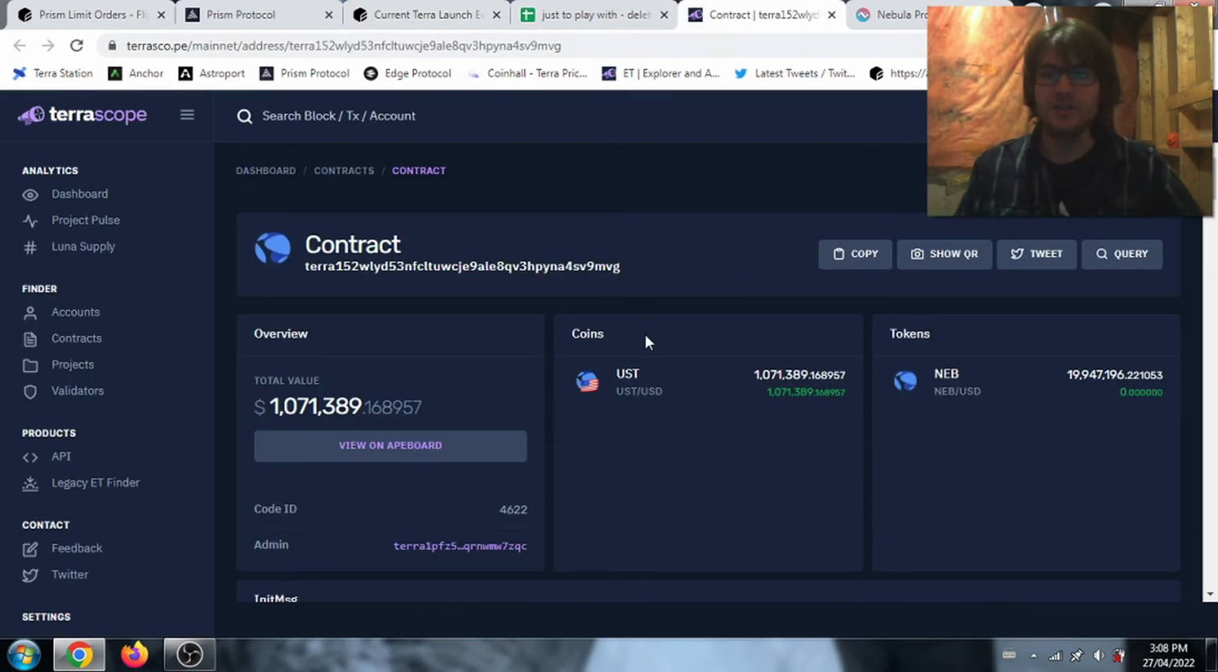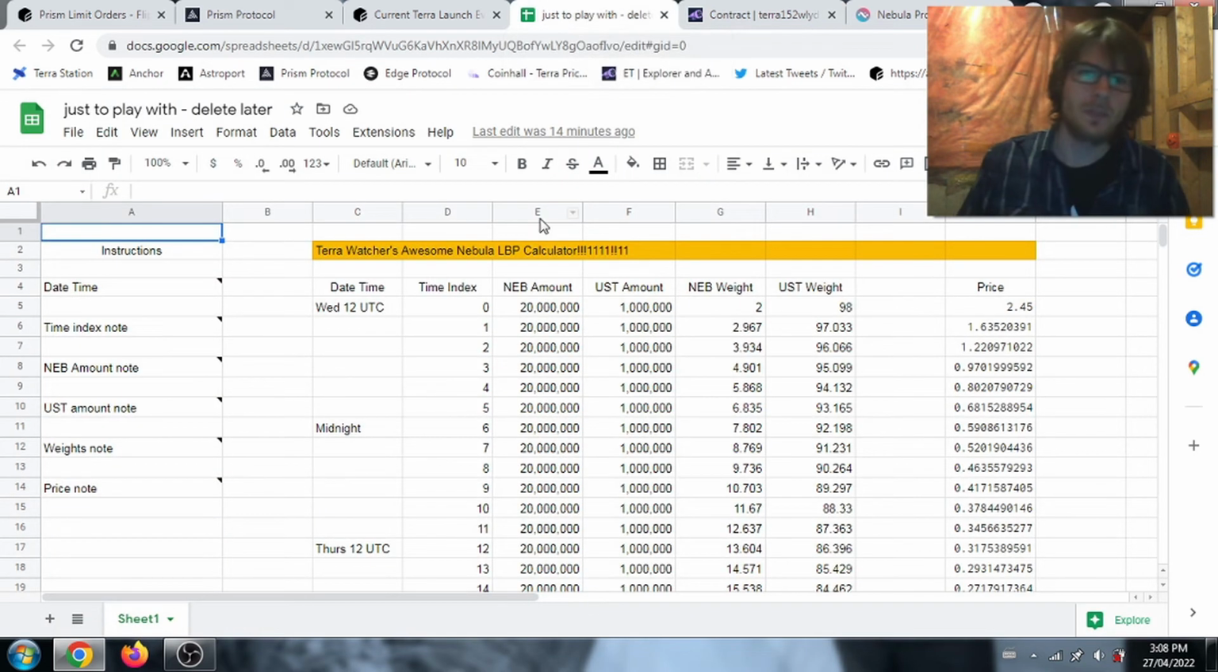And you can see here's the contract. So here's the current composition. There should be more in there, but there isn't. It's just not getting that much attention. So anyway,